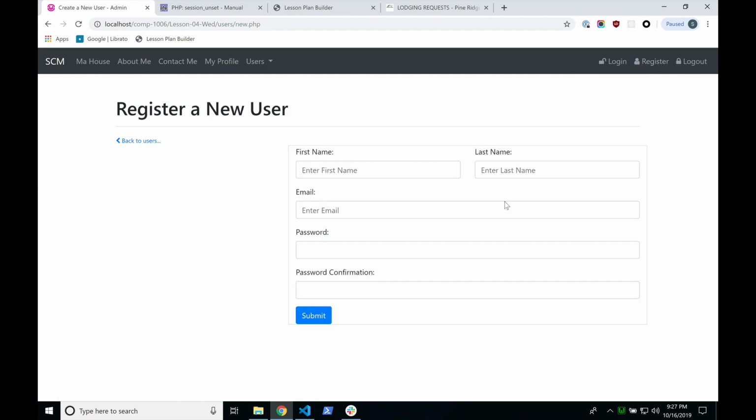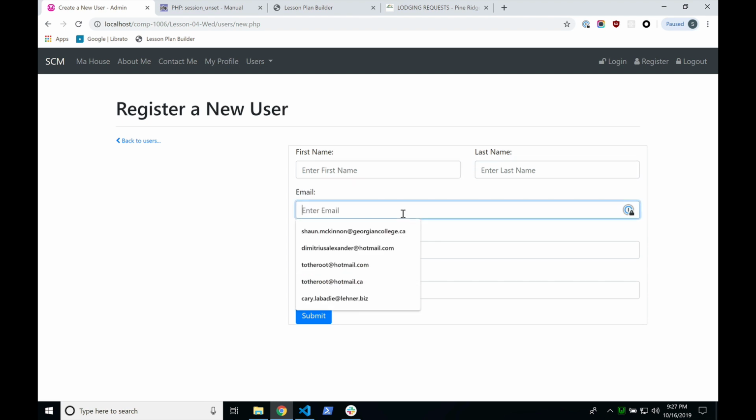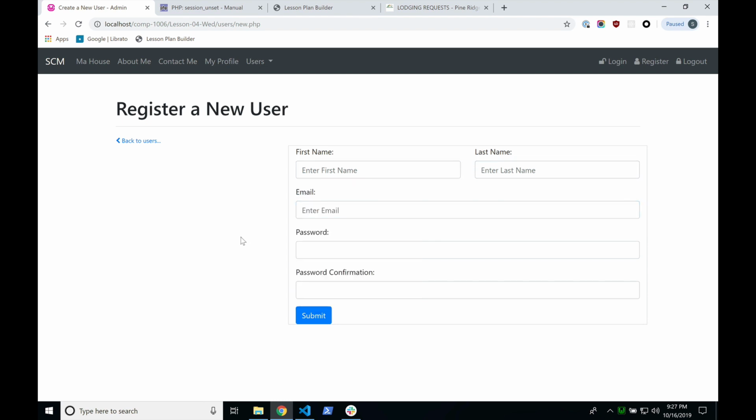Now, we have a tiny form. We don't have much of a form at all. We only have 5 fields, but it's still a good idea to at least return the first name, the last name, and the email address so that all those data points are in there. And the way we're going to do that